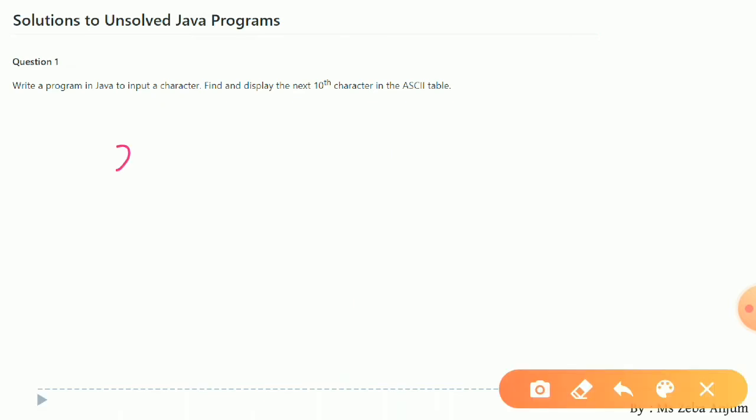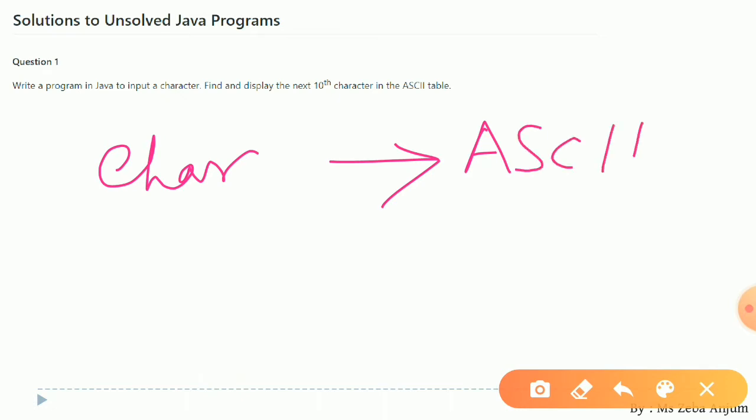Firstly, we need a character as an input. Now we are going to fetch out its ASCII value, because in the question it has been asked that you have to display the next 10th character. So for finding out the next 10th character, you have to find out the ASCII value of the present character.